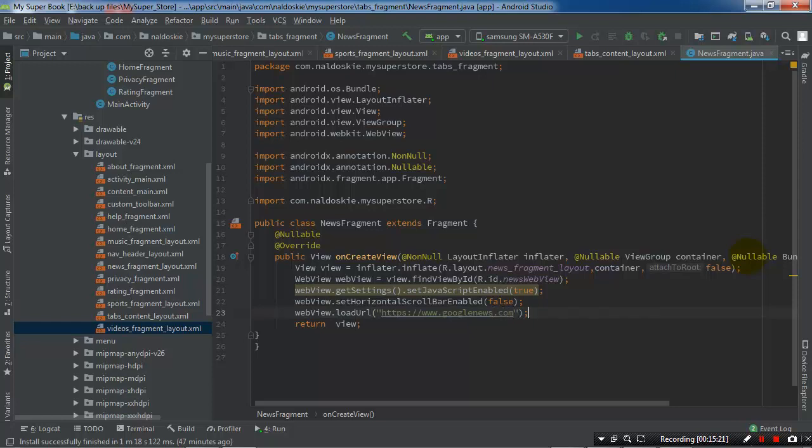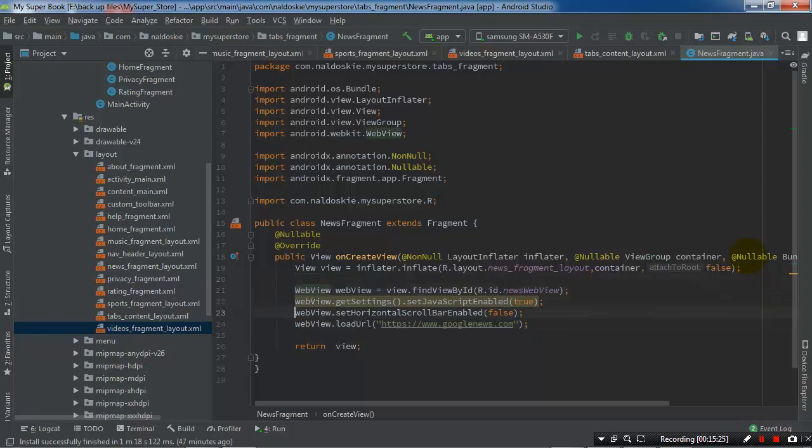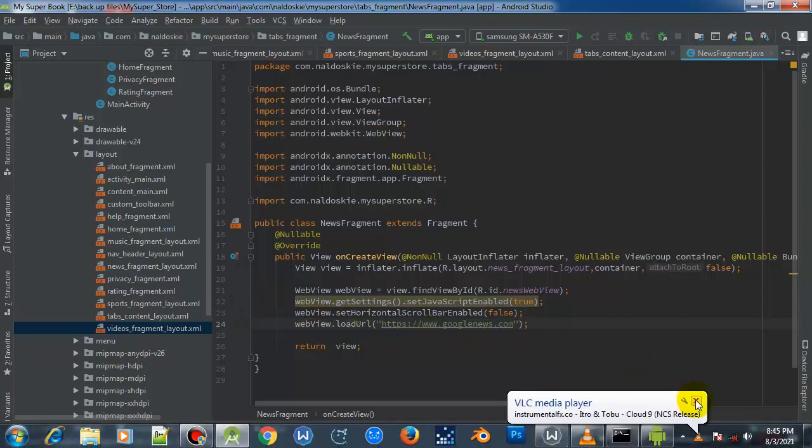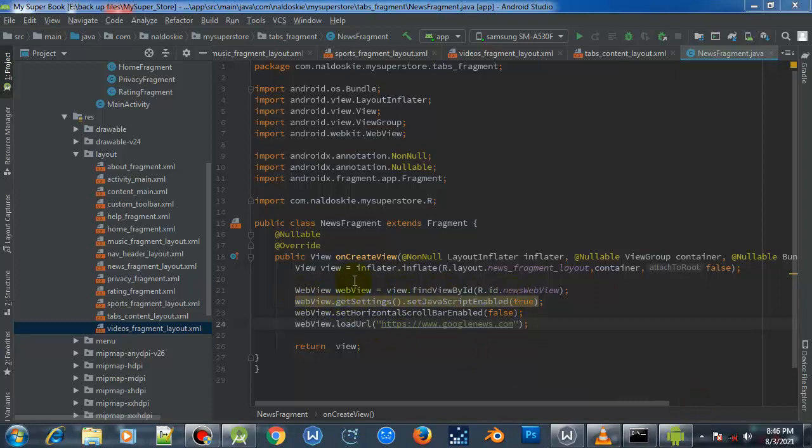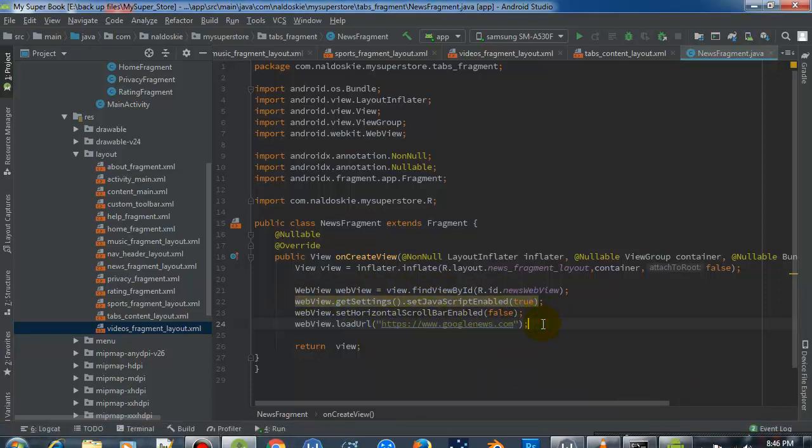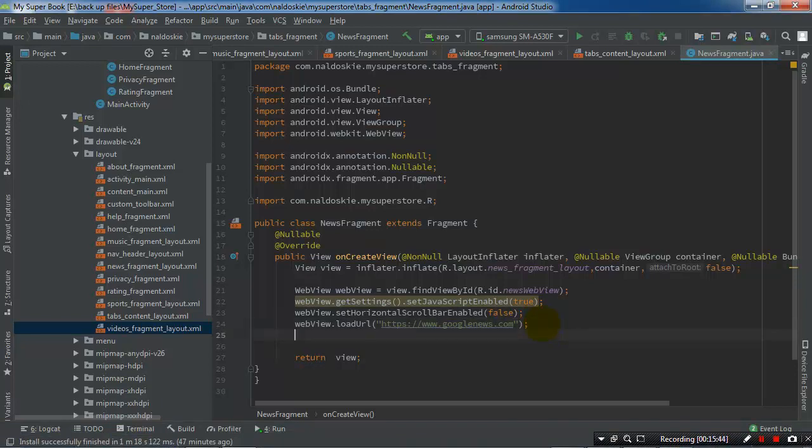So after we load the URL, we can set the client, set the JavaScript. Okay. So after we load the URL, we can just set the preview client, but we don't have a